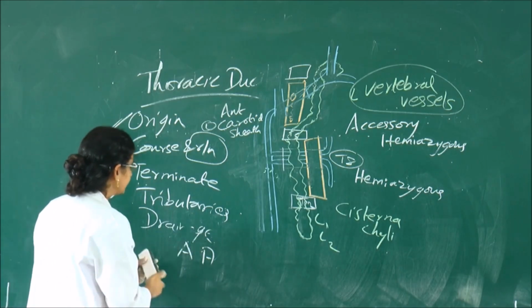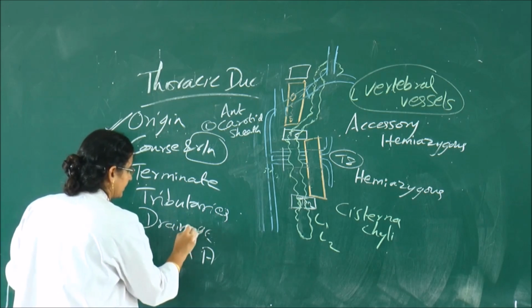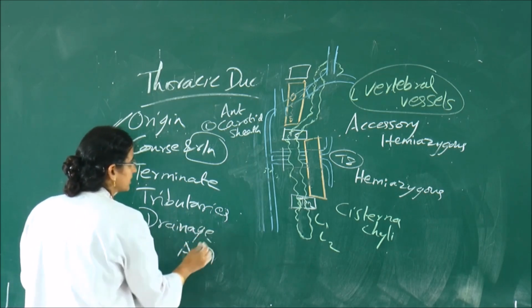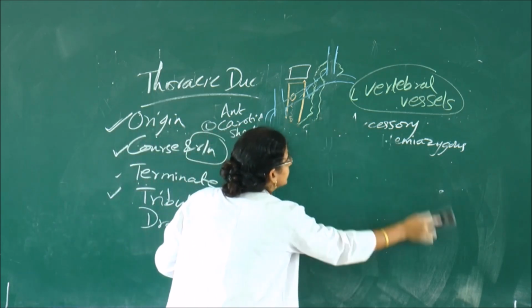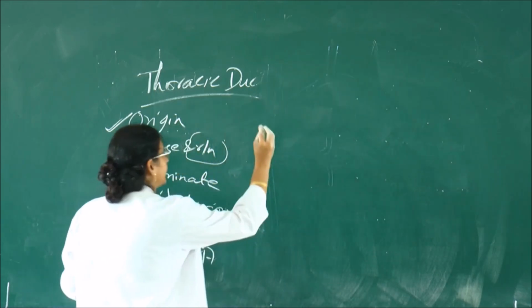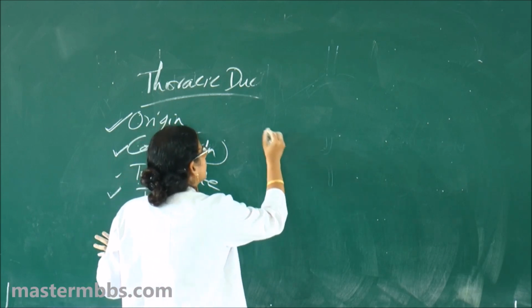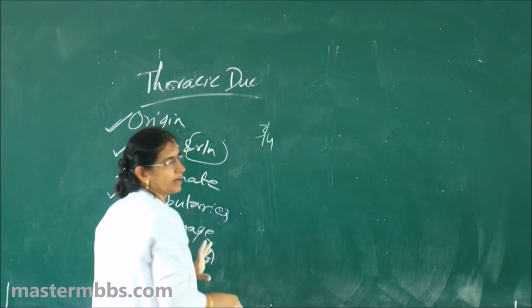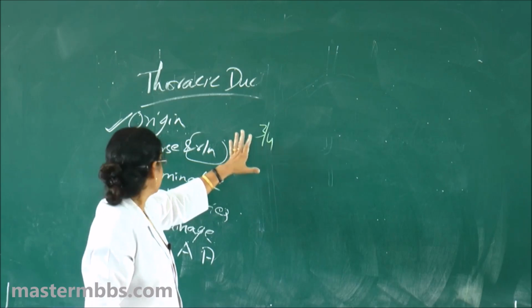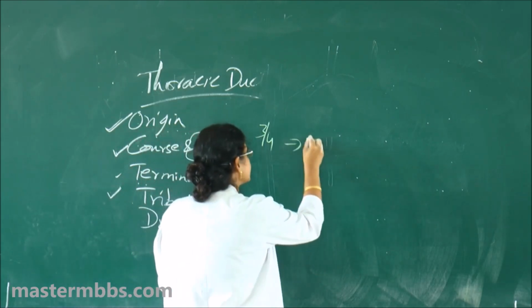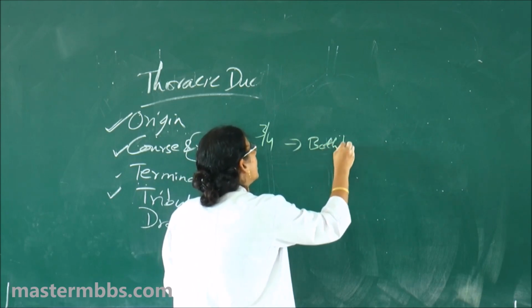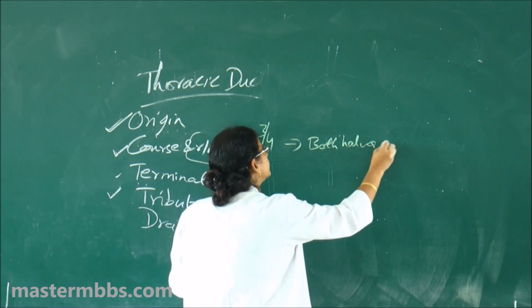So first let me tell you the drainage. Then I shall tell you the tributaries, because drainage is interesting. It is the largest lymph vessel in the body, right? It drains 3/4 of the lymphatic drainage of the body through the thoracic duct. Okay, so it drains both halves of the body